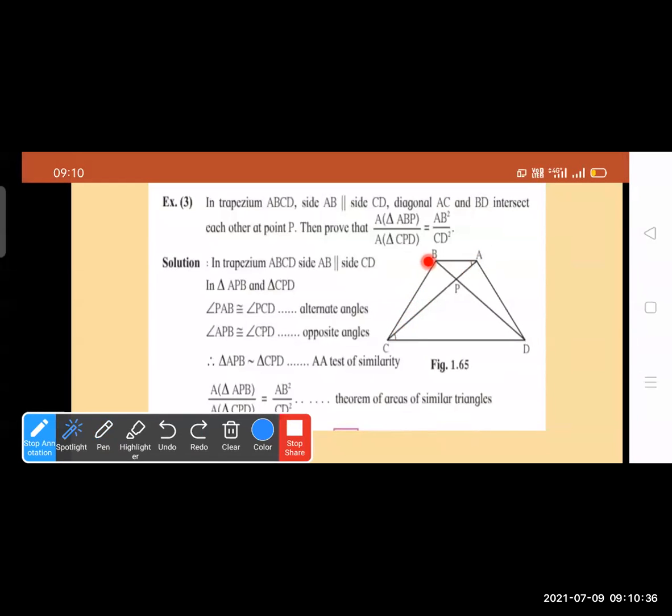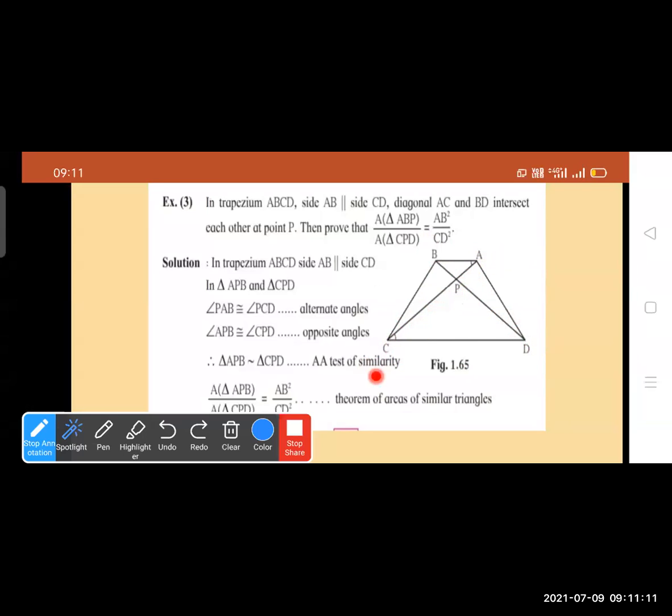APB, this triangle, and another one is CPD. APB and CPD, these two triangles. In the previous lecture, I told you for trapezium type questions, you always consider the opposite triangles, like ABP and PCD. Now, if two sides are parallel, if AB is parallel to CD and AC is the